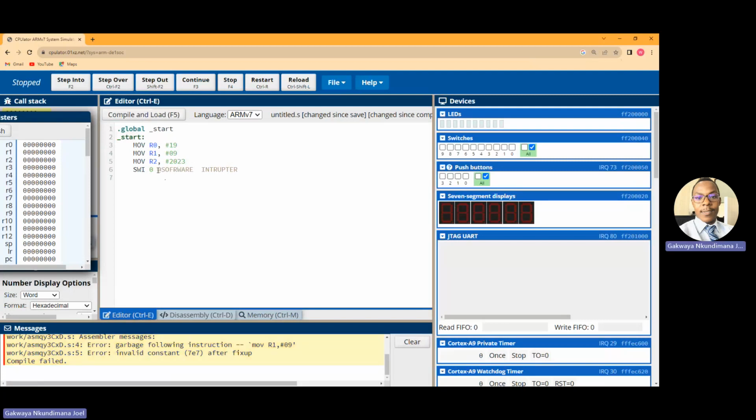Okay, it fails because here I made this mistake. I remove this one. Down here you see, it shows if it is successful. So if I remove it and I press here,